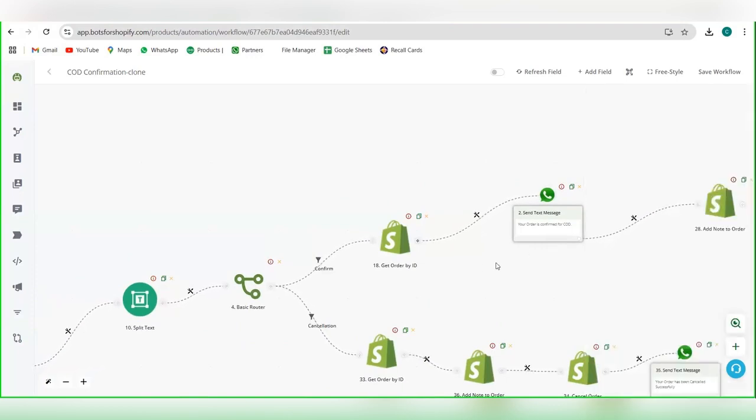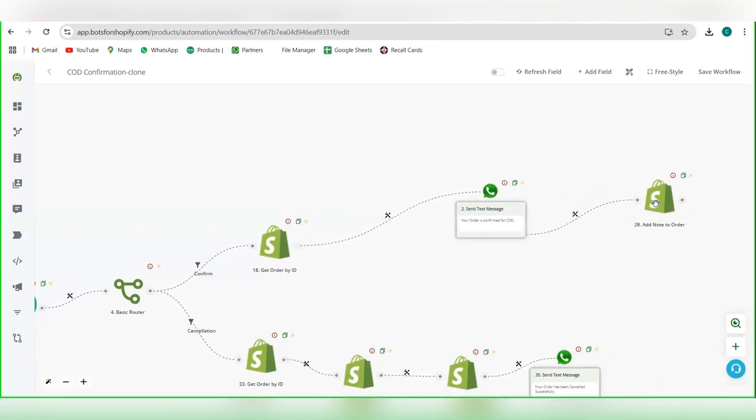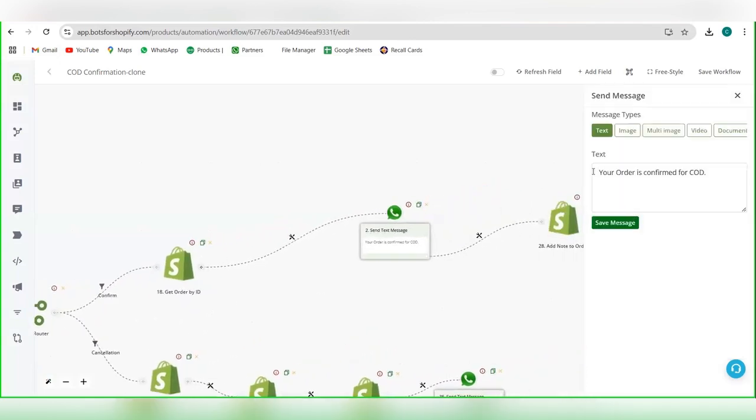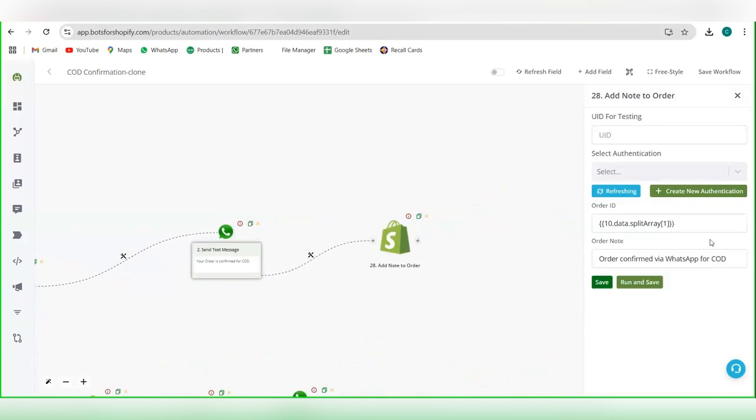You will get the complete details of the user and you can confirm the address from him. And if you want to update that address, you can add that address in the tags and further you can take the process. Again, after confirming the address, he'll receive the message that your order has been confirmed for COD, and the notes of that order will get updated with order confirmed via WhatsApp for